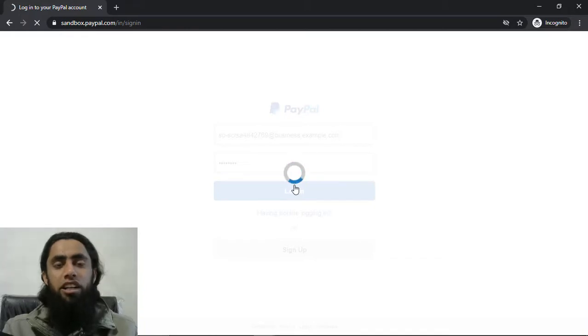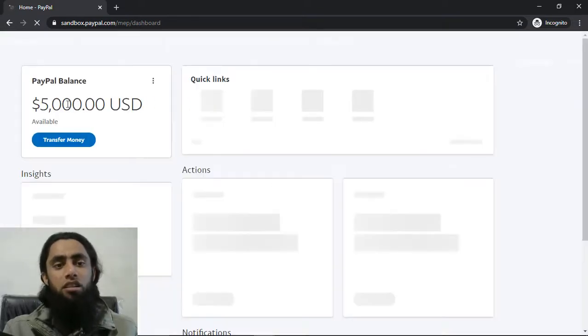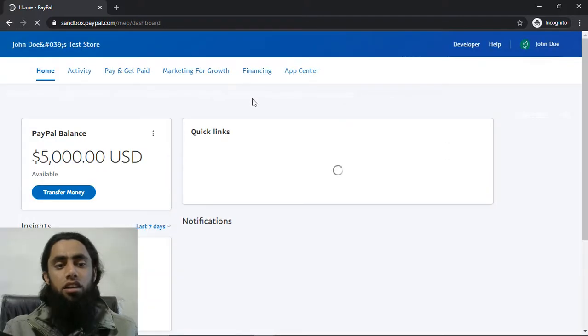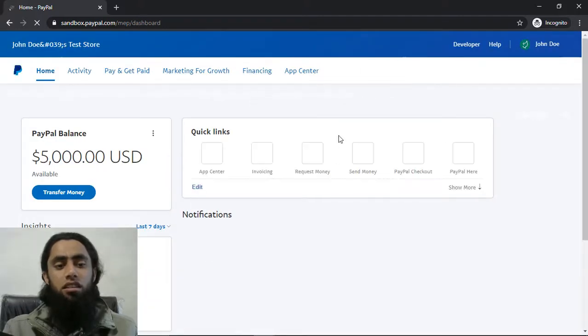So now you will be redirected to this new PayPal business account, which is Sandbox. Sandbox means for testing purposes only. So the amount which would be reflected on the dashboard summary is the test amount basically. All right. So you can see that this is the Sandbox business account which we have created just now.